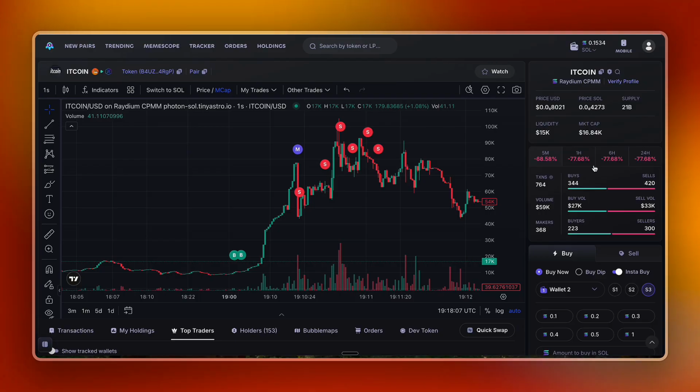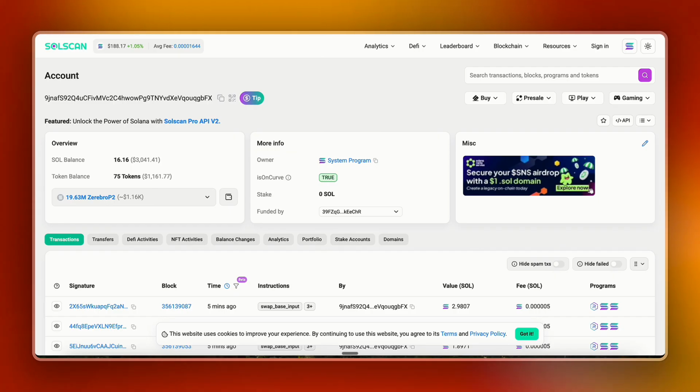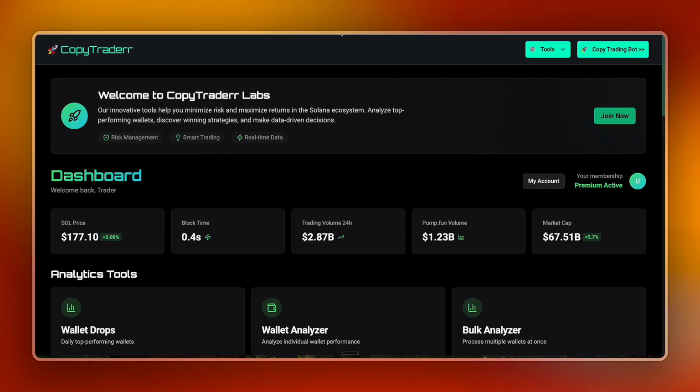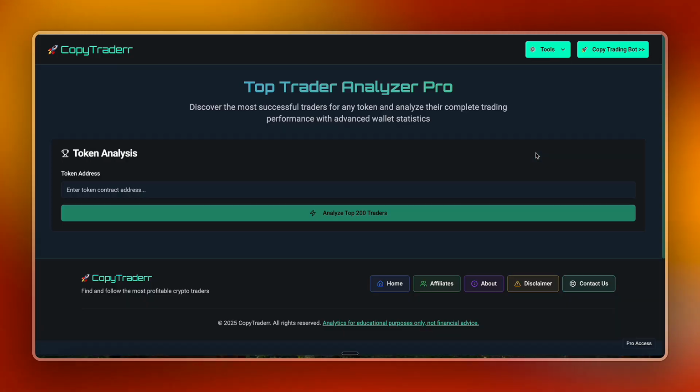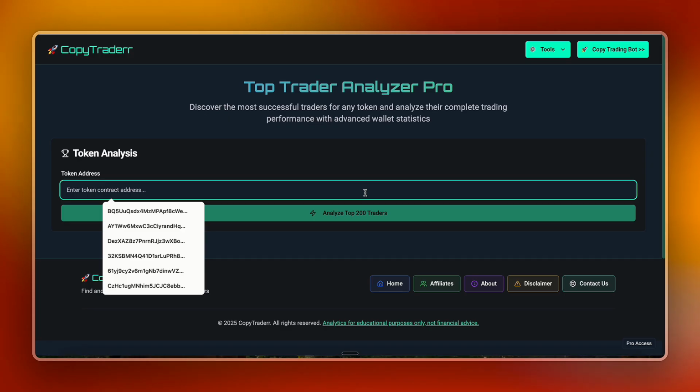You either need to do the labor-intensive hard work, or you need to use premium tools that make it all much faster. In regards to the premium tools, I showed you the free way. Now I'll show you the fast way. Once again, you can come to one of our bots on CopyTrader. That's copytrader.com with 2 R's. And in this case, you can come here to our top trader analyzer and simply put in the token